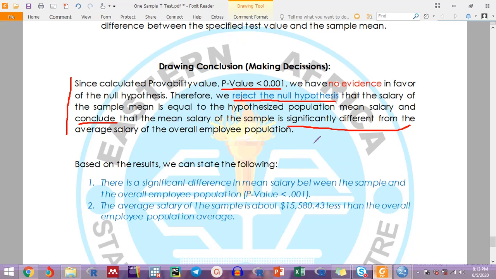from the average salary of the overall employees. That's the conclusion, because the null hypothesis said no difference in salary. Now, if we have no evidence in favor of that hypothesis, it means there is a difference in salary. So if there is a difference in salary, then we can conclude that sample mean salary significantly differs from the hypothetical